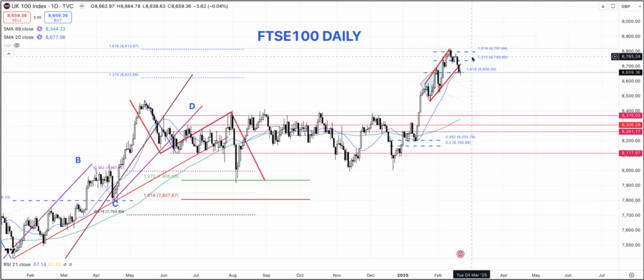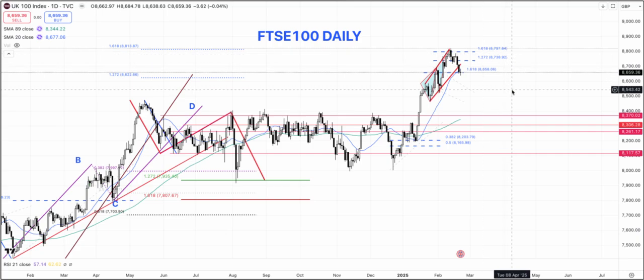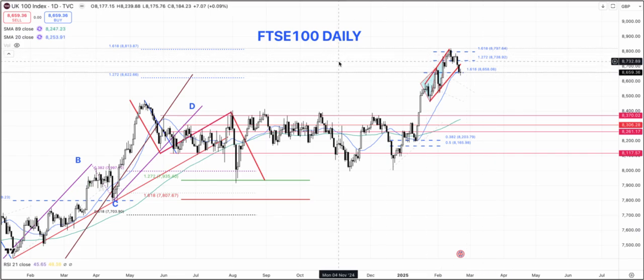Now, whether the market is just a pullback and begins to move higher, or it goes range bound, and from range bound perhaps moves further lower, if the correction is to continue, we'll have to wait and see. But our targets on the DAX and FTSE 100 are met. And this is what we like to see.